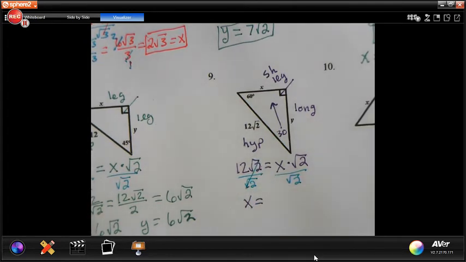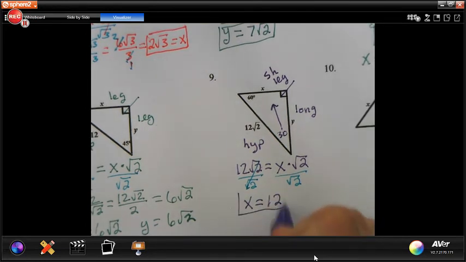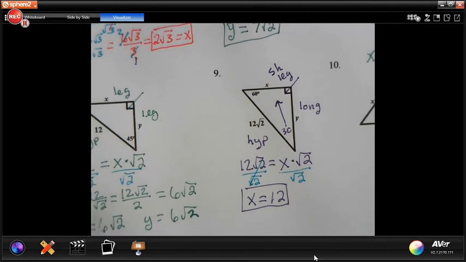So they basically cancel each other out because they're the same radical. It's like having 2 over 2, or 3 over 3, or 4 over 4. It just happens to be radical 2 over radical 2. They can cancel each other out. So what's left is 12. So there's x. And now y,